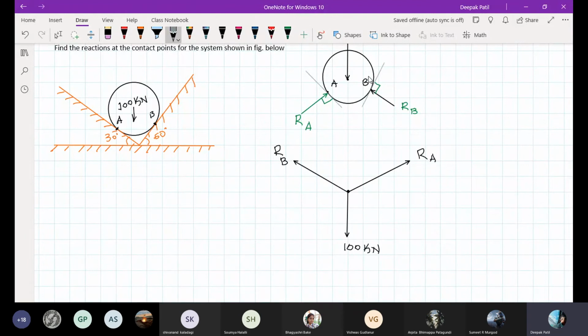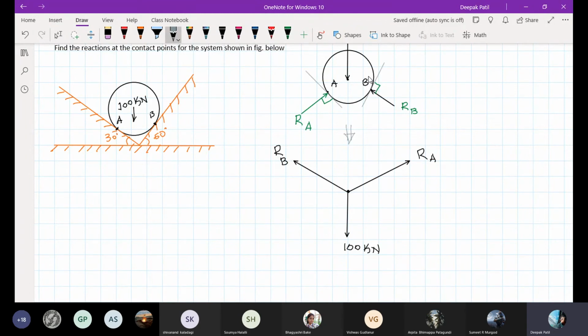So now students, to go from this diagram to this diagram, what principle of forces have I used so that I could draw this type of diagram? Principle of superposition? No. Transmissibility, sir. Yes, correct. I have applied the principle of transmissibility of forces so that I can draw this.